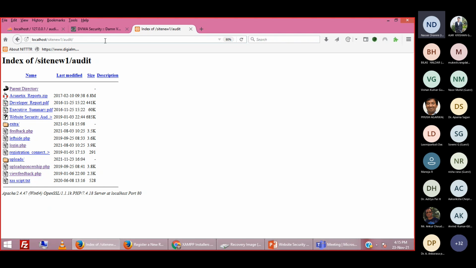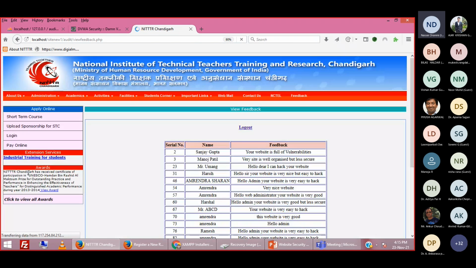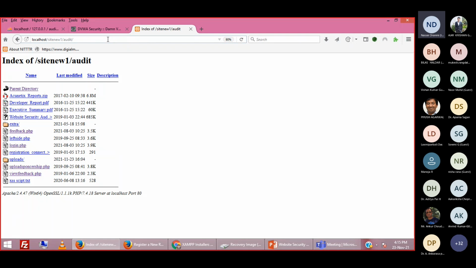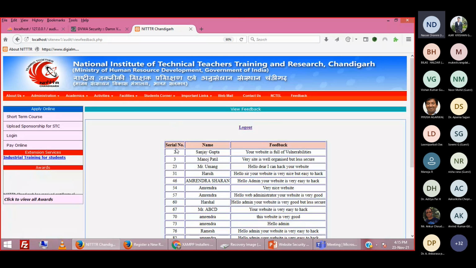It is very dangerous, right? If your internal directory is publicly visible, the hacker can directly access your files. This feedback.php file is directly visible. You can see here, if I am logged out and I do not know the password of this login ID, I am a hacker. What I will do is just go to the address bar, delete this, and enter into the restricted directories. Right here, I can see this feedback.php and all the restricted pages.